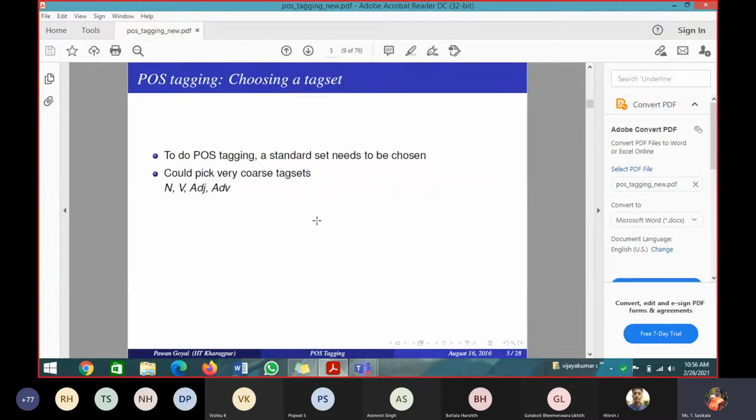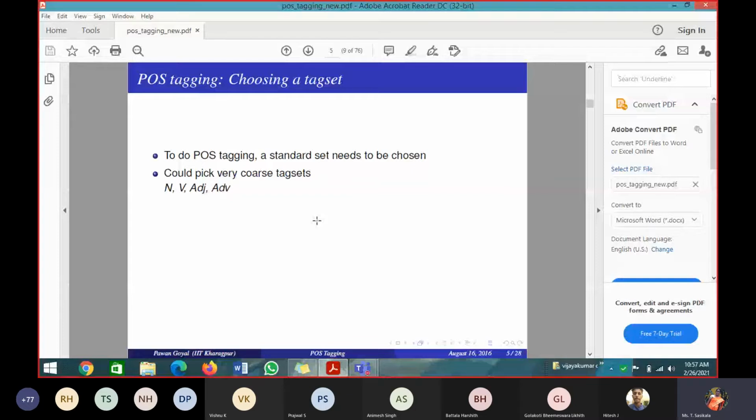Finding out whether the word is a noun can be done at the coarse level, but if I want to know whether it's a singular noun or plural noun, I have to see the grammatical structure. For that noun word, I have to see the grammatical structure and find out: it is a noun, it is a plural, because it ends with s. So I have to go for the fine details.